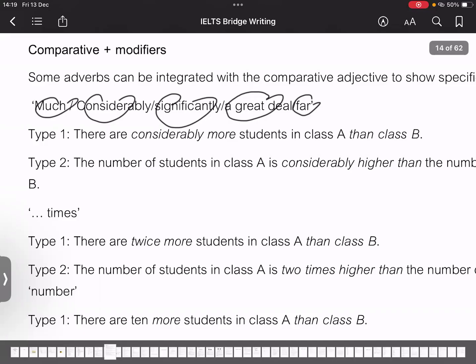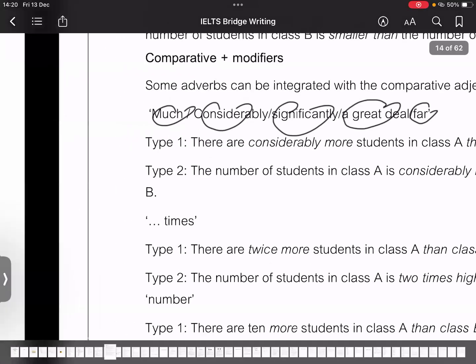Now, instead of 2 times, you can use words like twice, because twice and 2 times mean the same thing. But if you divide one quantity by the other and you get something like 5 or 6 or 7, there's no such word to describe 5 times or 6 times. So you have no other choice but to use 5 times and 6 times, just the compound words themselves. But for 2 times, you have twice. 3 times, you have thrice. Okay, so let's look at the examples.